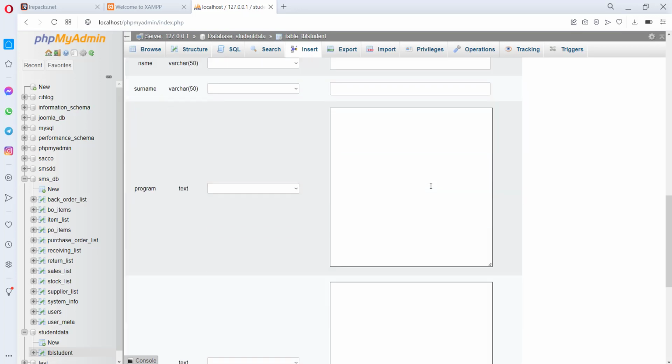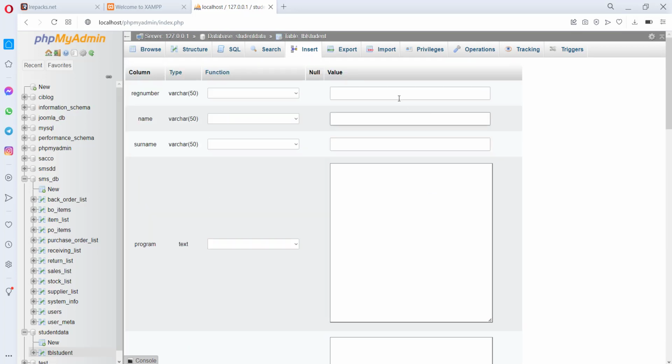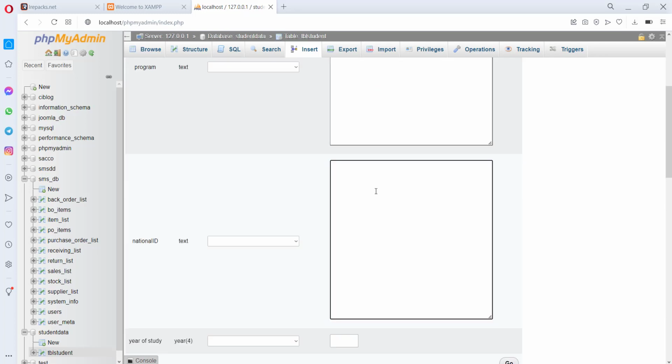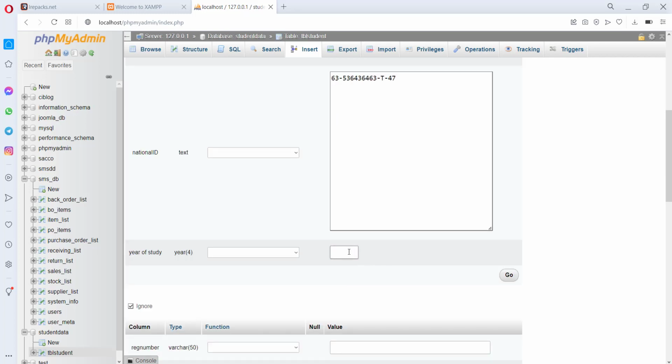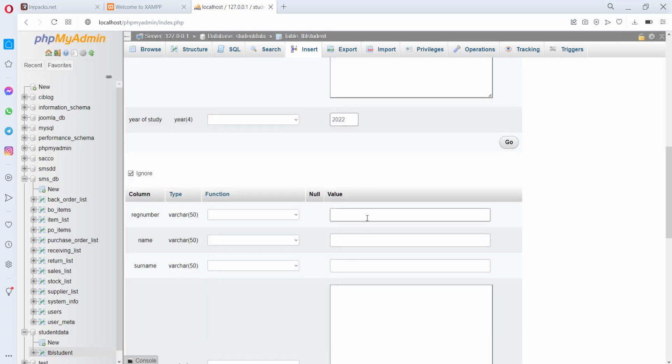So to add information, we now have something slightly different, whereby we can put a reg number, we can put our name, we can put our program, we can put our national ID, we can put our year of study as 2022, we can put the next value,